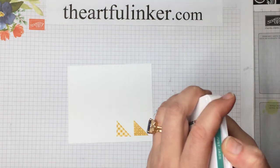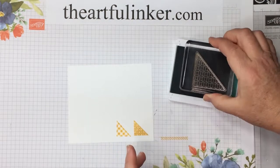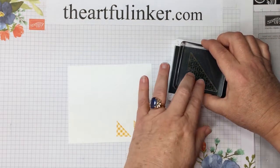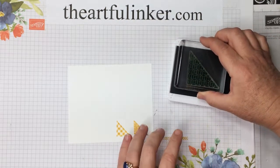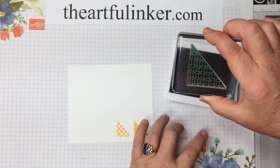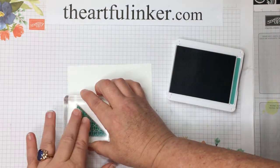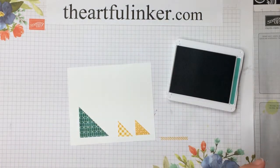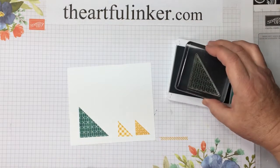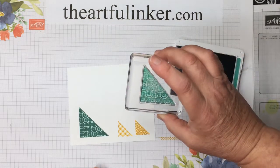And then I need the Just Jade. And we're going to use a slightly larger stamp for the Just Jade. I'm making sure that it's good and inky. Make sure it gets contact all the way around. Okay. I may stamp that one more time. My Just Jade ink pad is very juicy, and